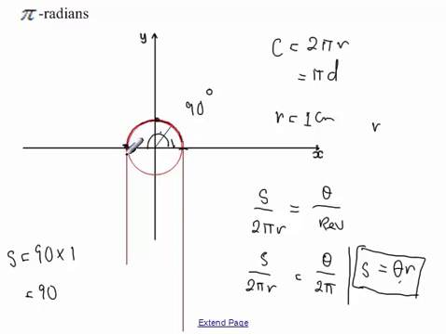If we say now this revolution is 2 pi, half of it is pi. Now up to there is a quarter, is half a pi, isn't it? So 90 degrees in this case will be looked at as half pi radians. Now if we take this S as S equals pi over